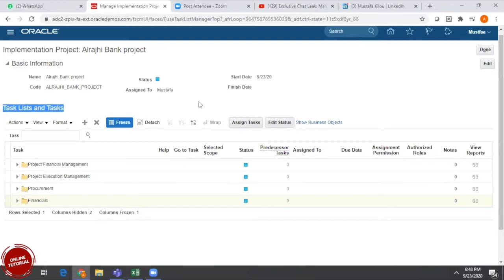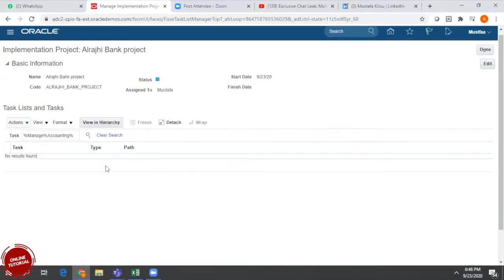For example, if I want to do any setup, such as creating a calendar, usually I need to use manage accounting calendar. This is a task name. All tasks start with names like manage accounting calendar. I select manage accounting calendar.